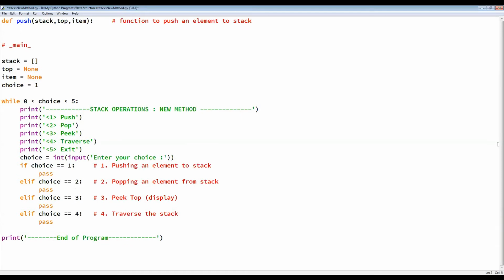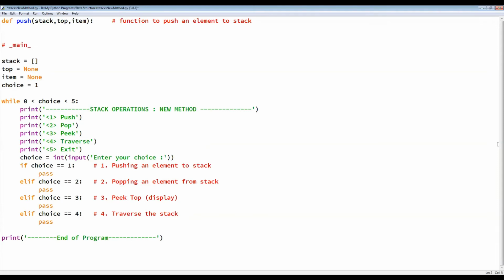Now in case of Python, because we know that we can keep on adding endless number of elements into our list, overflow condition might not be there. So we won't check the overflow condition over here. We are simply going to push an element to the stack.